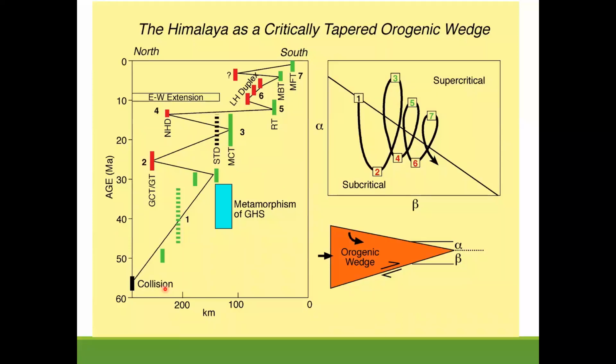So to answer your question, the fluid activity is basically related to this channel between MCT and ST. We don't know whether there was a channel actually in operation, but we do know that there is material that is molten here and solidified after that. So that means there were lots of fluids in it. Maybe that's what you're referring to.